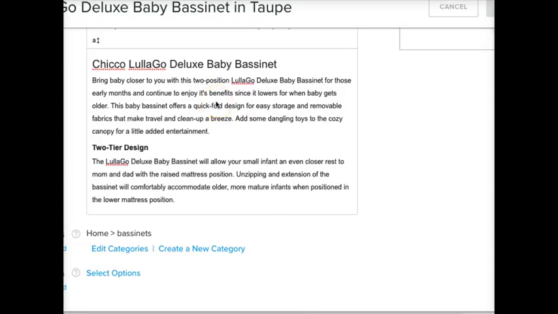So they're going from top to bottom of this page, seeing all of this, and that's where they say, okay, this page is definitely about Deluxe Baby Bassinet. The content on this page isn't found anywhere else on the internet. Therefore, I'm going to give this one marks. I'm going to give it more value than all of these other pages that are just duplicating what's already out there.